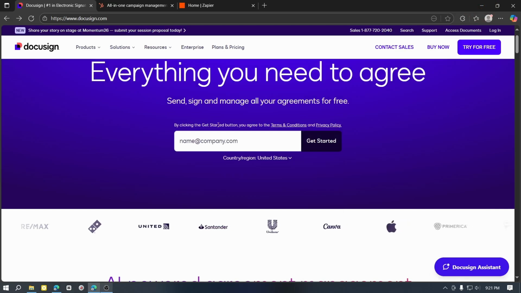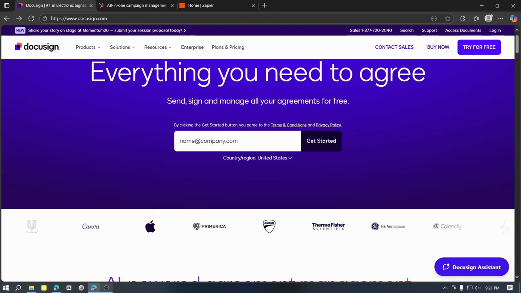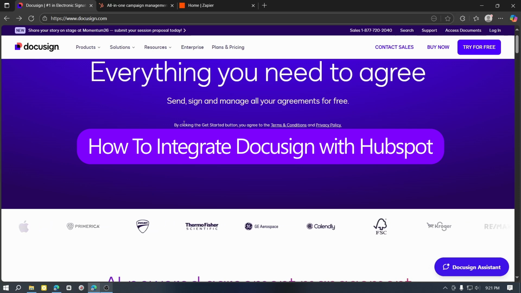So you want to send and sign documents directly from HubSpot without switching tabs. Imagine creating a deal in HubSpot and sending a DocuSign contract instantly, all in one click. In this video, I will show you how to integrate DocuSign with HubSpot step by step, so you can automate